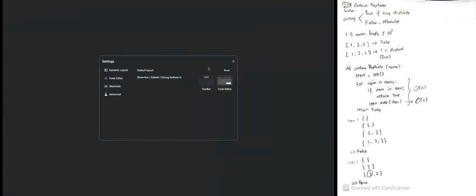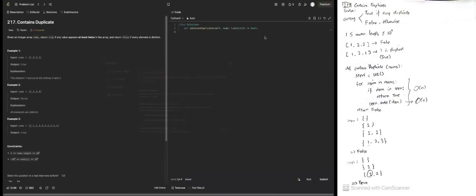Actually, let me change the layout here. See if there is a dark mode. Oh, actually, it's the dark mode already. Yep. Anyway,